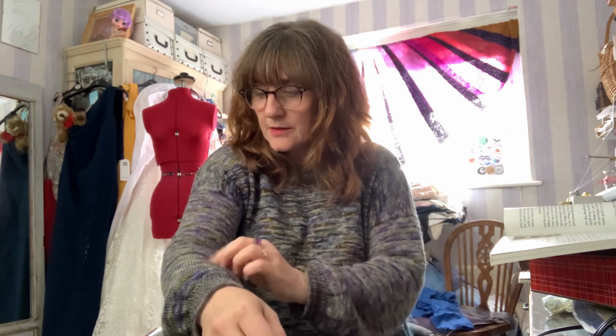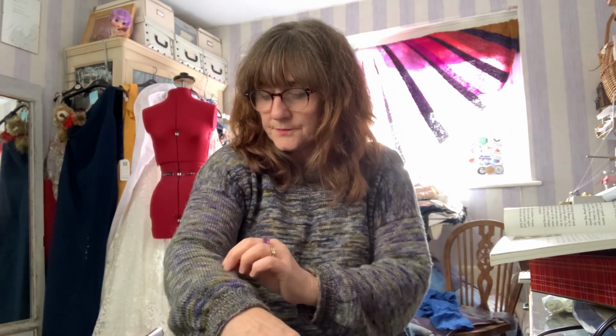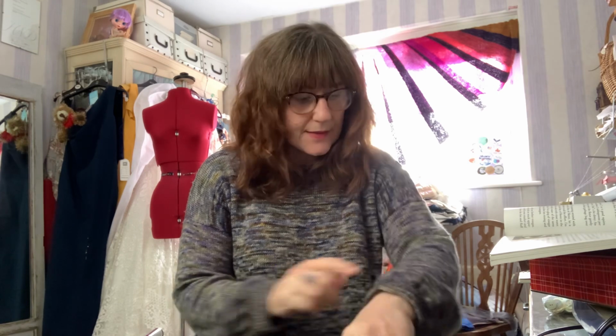And I'm sticking with that for now because I'm quite happy wearing it, because it's just a really nice layer, not too warm, not too thick. I think it's slightly lighter weight than a 4-ply. I think I bought it as kind of a lace weight, but it was done on a sort of 4-ply needle. But it just gives it a nice bit of, you can see it's got a nice bit of drape. Because I usually like my knitting to be quite tight. But this is just,